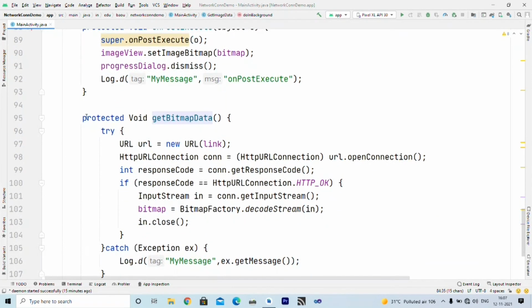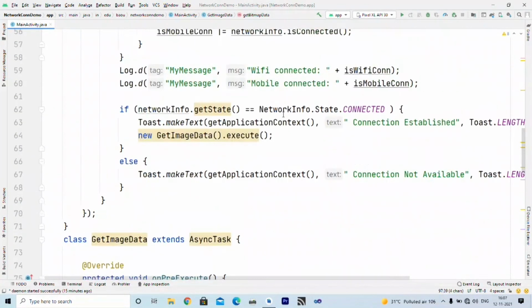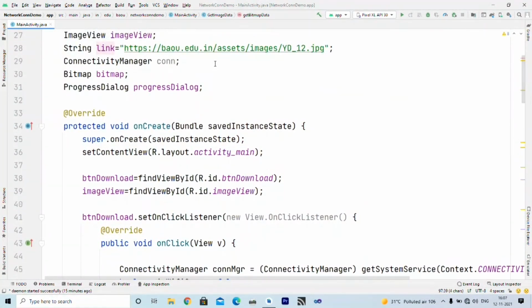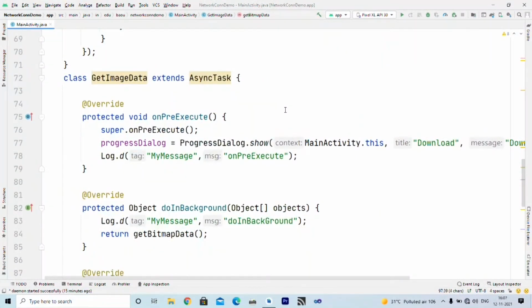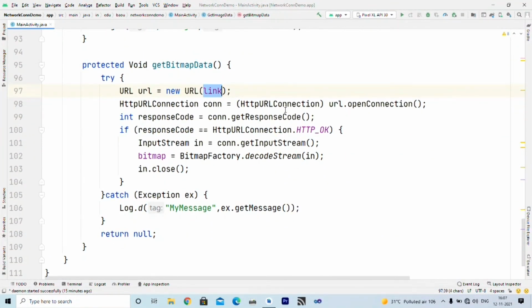So here I have declared one function called get bitmap data. First we create one URL using this string, which represents the actual URL. So inside URL I have created a URL which represents this link that you can see here. So this is my link, right? I have created a URL for that link.